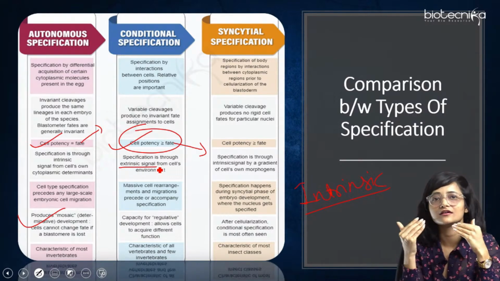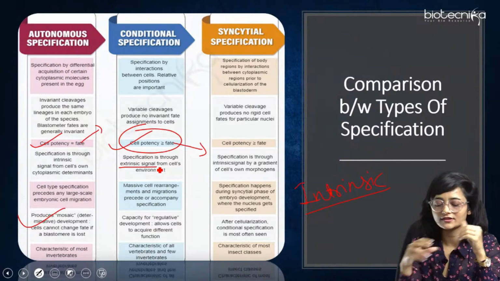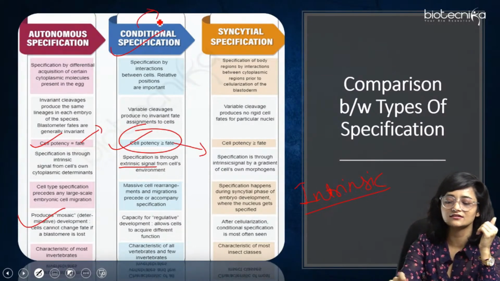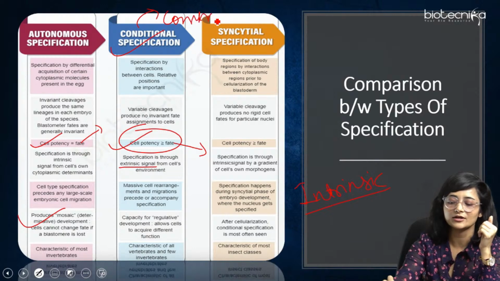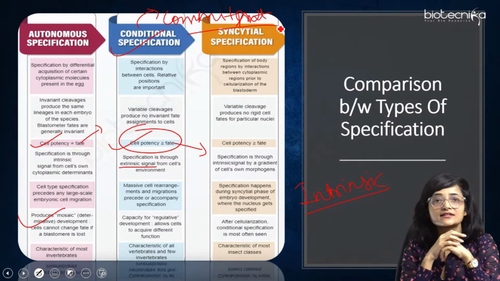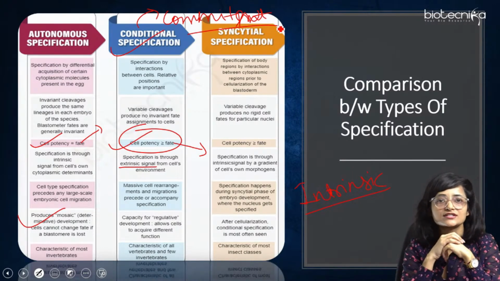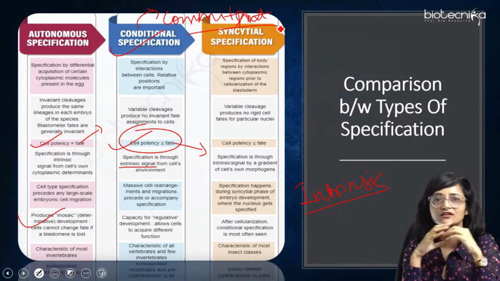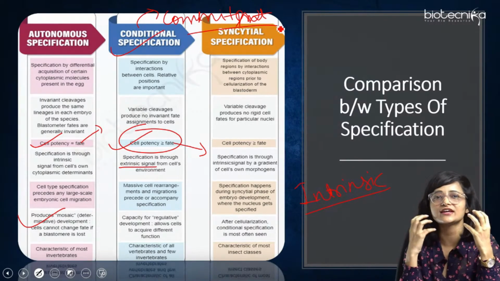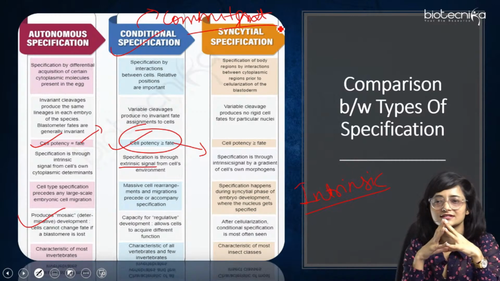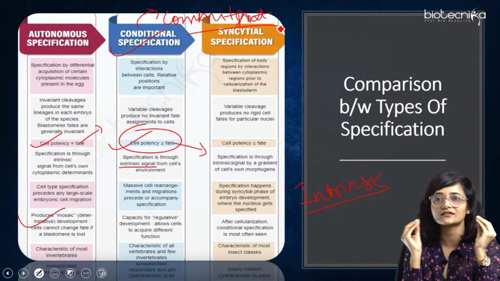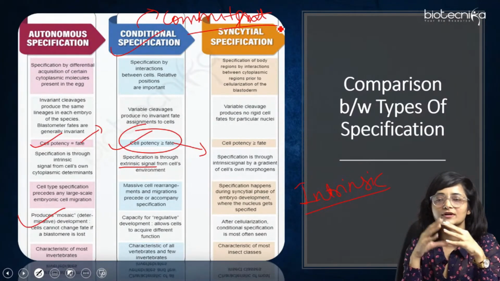Like it can produce another type of cells. So this conditional specification is basically an example of the commitment, or the specific commitment that we discussed earlier, right? And then what happens is that massive cell rearrangements and migrations proceed or accompany specification. So here a massive rearrangement, or the migration of the cells, takes place, right? And on that basis only the particular pattern is being formed in the cell,